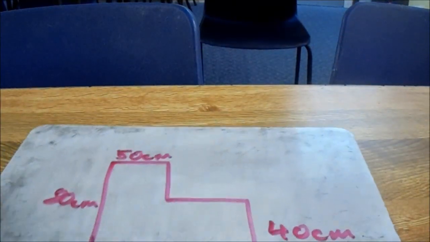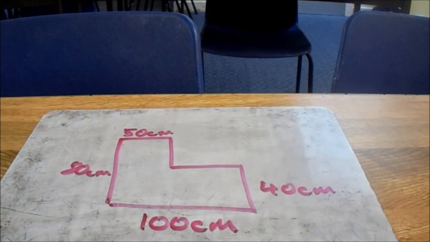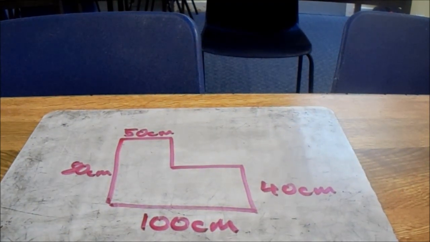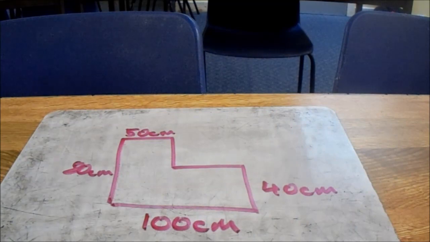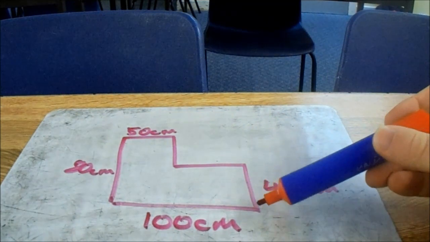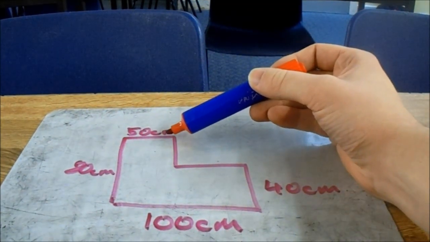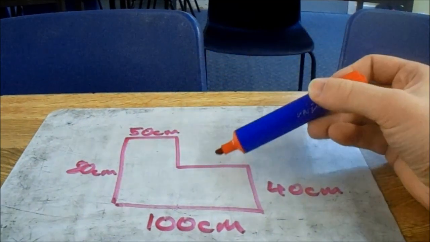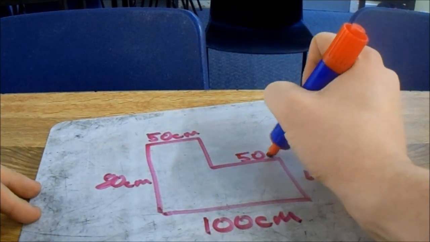The next one I'm going to show you is slightly more complicated. Now you can see here that there are actually two sides that do not have the measurements given. If we look at the opposite sides from them, we are able to work it out. So let's start with this side here. We know its opposite side is worth 100 centimetres. One part of the side is already 50 centimetres, therefore we need another 50 centimetres to reach 100 centimetres in